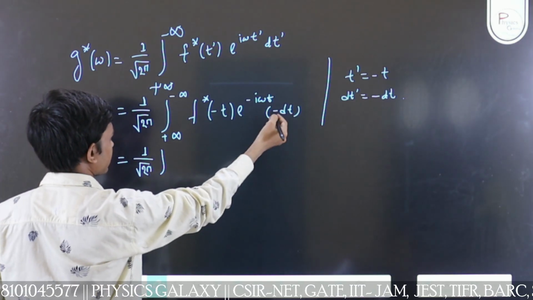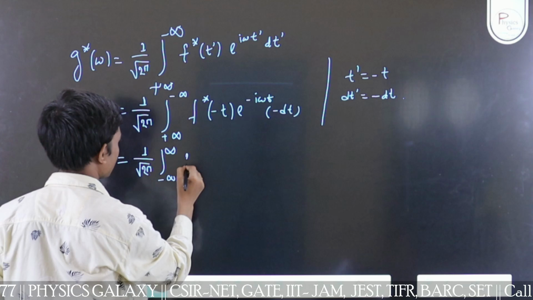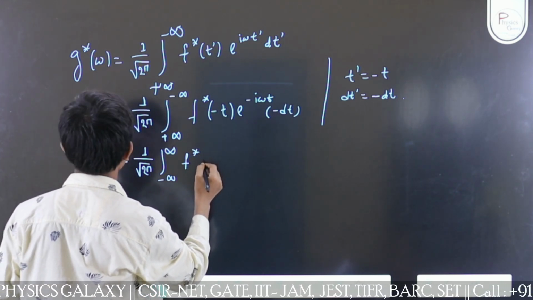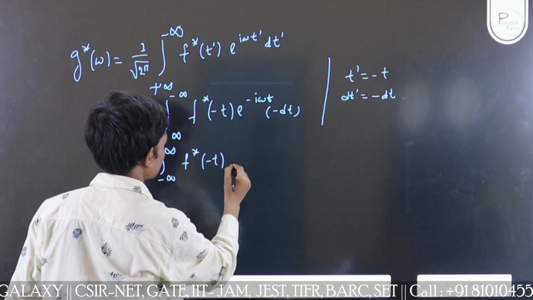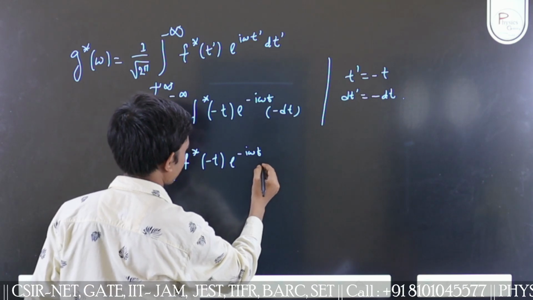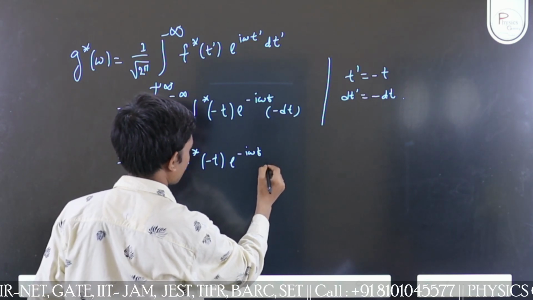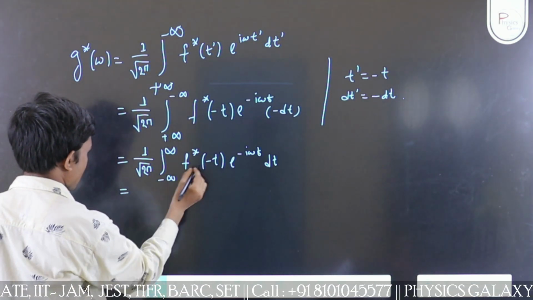This minus is included in the limit part, minus infinity to infinity f star minus t is equal to minus e to the power minus iota omega t into dt, and I get,